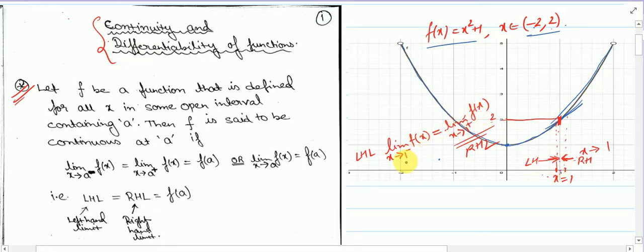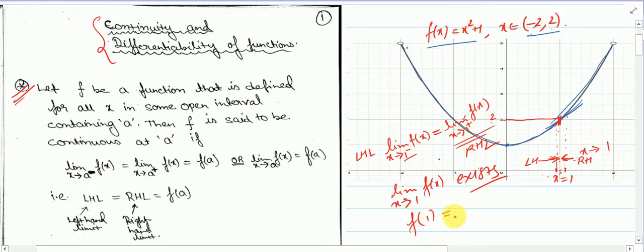So you saw that the limit exists, and the left hand limit and right hand limit are equal. So limit x tends to 1 for f of x exists,